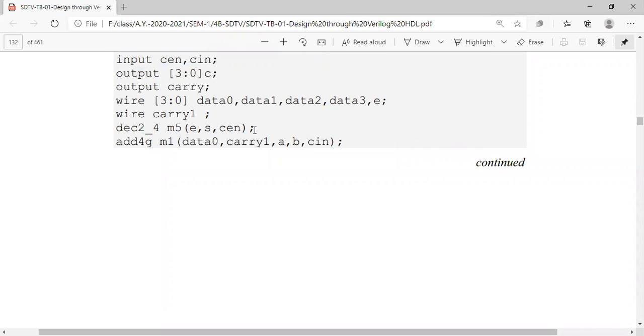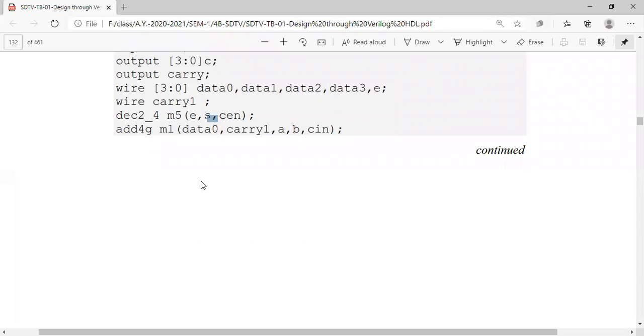So this is the chip enable. The selection line is 2 bits. If these 2 bits are 0, 0, the selection line S is 0, 0, E of 0 will be 1, and that will automatically go to data 0, which is what we have written here.